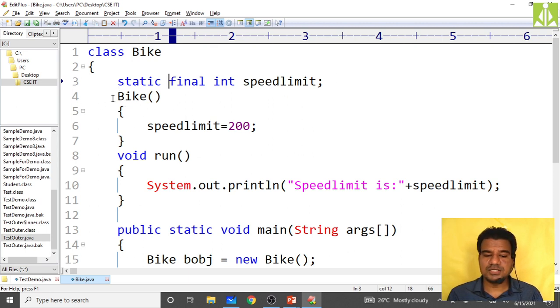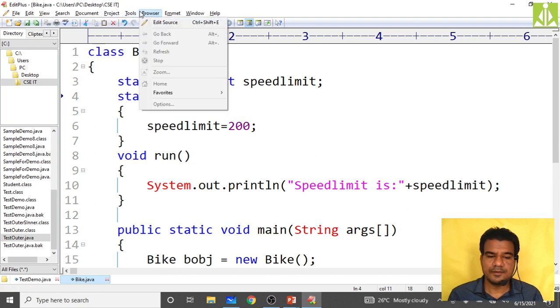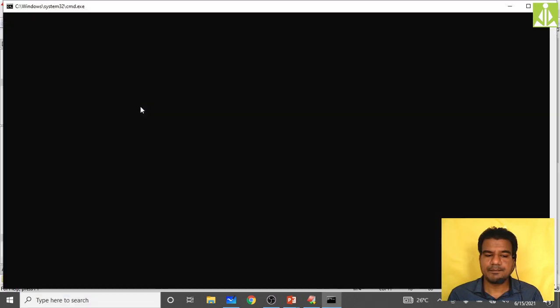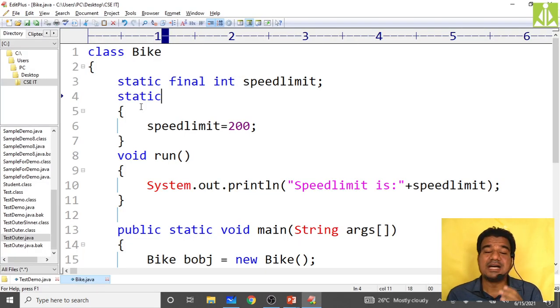So can we do this from a static block? Yes.